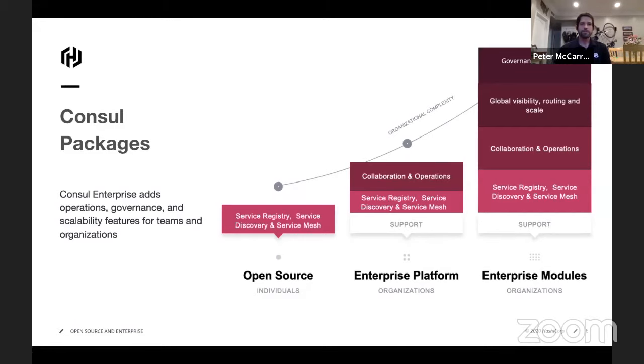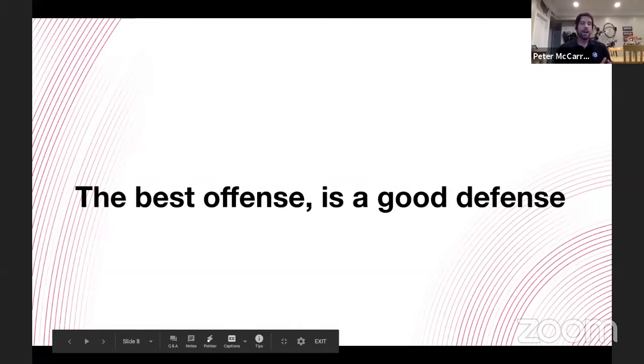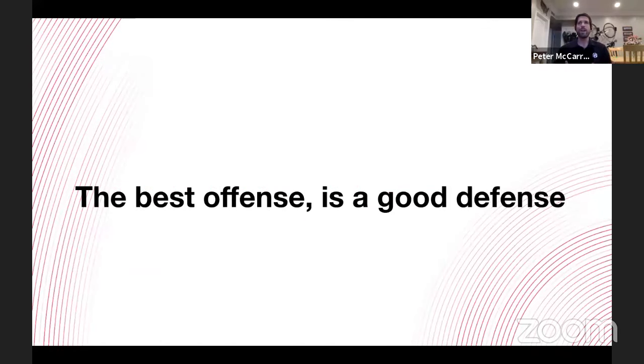Okay. Cool. So resiliency and recovery. Basically what we like to call the other R&R. Everybody's heard this phrase. It's a pretty famous one, obviously, that the best offense is a good defense. Whether you heard it from playing sports, or just from the general Art of War type of philosophy, the whole idea is that really the best offense is that if I've solidified my position in such